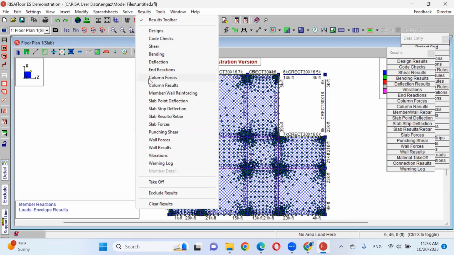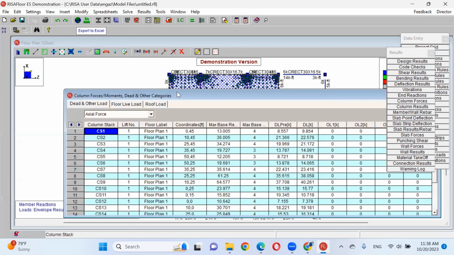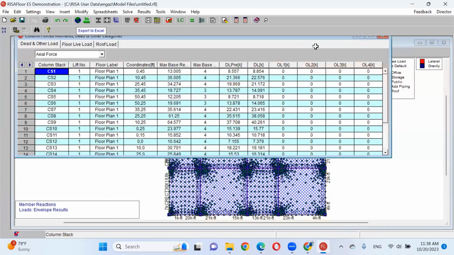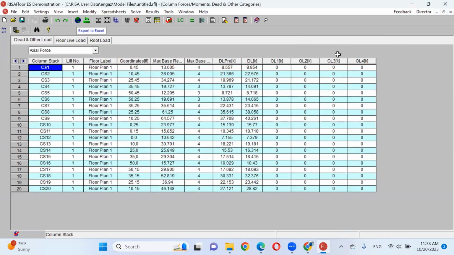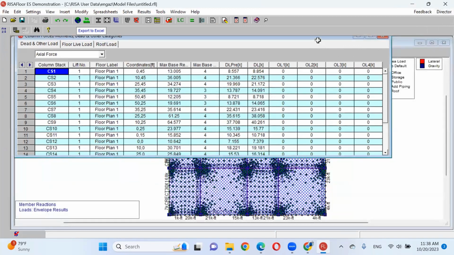We will see column forces, not column results, because column results include many things. Column forces, which is a vertical reaction, not column results. To be more specific, the vertical reaction, column forces. I will see this window or this table.